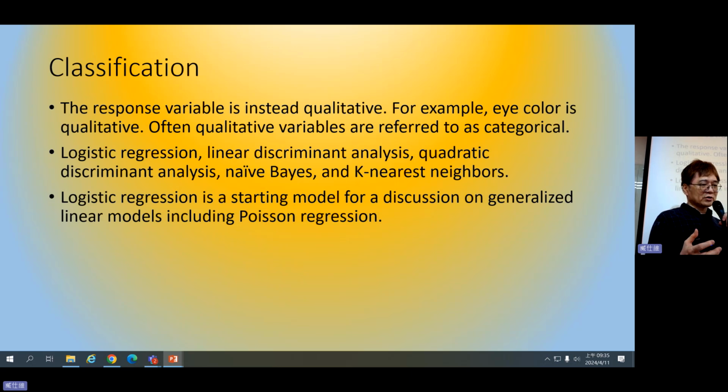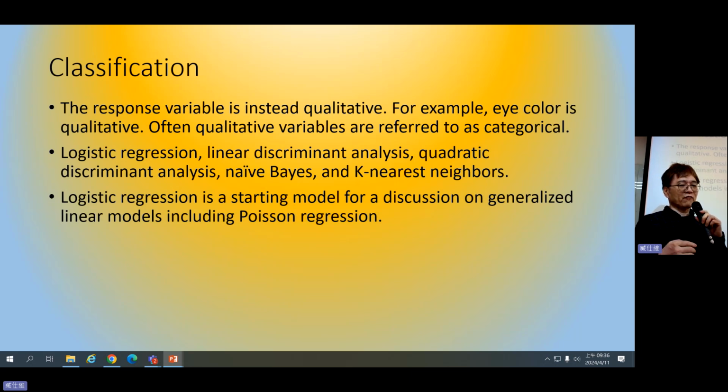This textbook contains many different topics in classification, but it is not limited to the topics contained in this textbook. There are also lots of classification approaches out there on the internet or in other materials you can reference. But what I'd like you to focus on is the simplest way of doing classification, which is logistic regression.